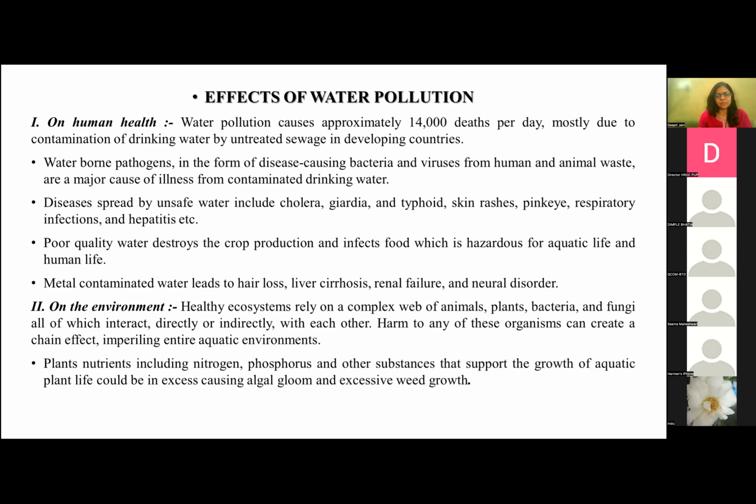With an excess of minerals or heavy metals, these algae grow in that water. And because of excessive growth of such algae,